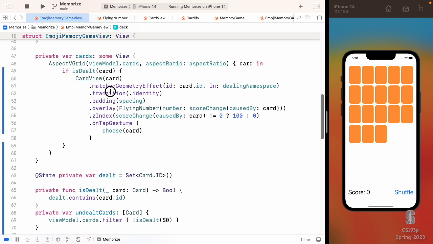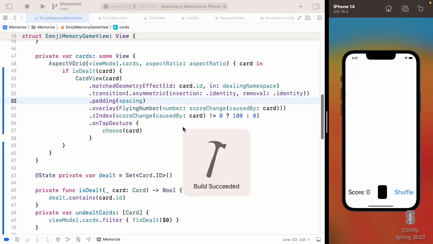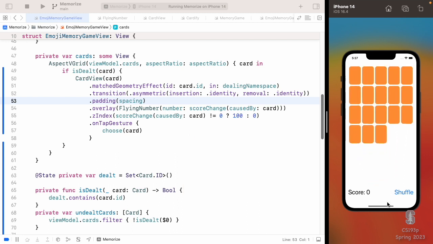So let's go back up and do this one and run and tap. All right, that's what I wanted. I tapped on this, immediately turned to the orange cards, and they started flying up here. That's exactly what I wanted. I don't want this deck to start out black, though. I want it to start out orange.